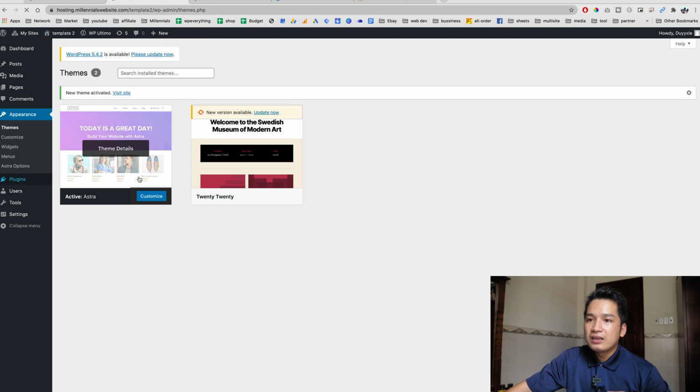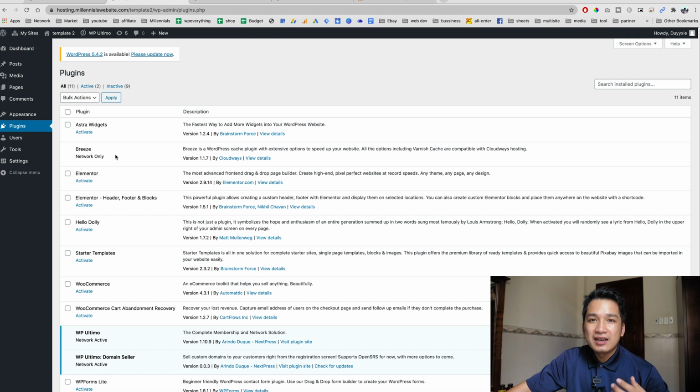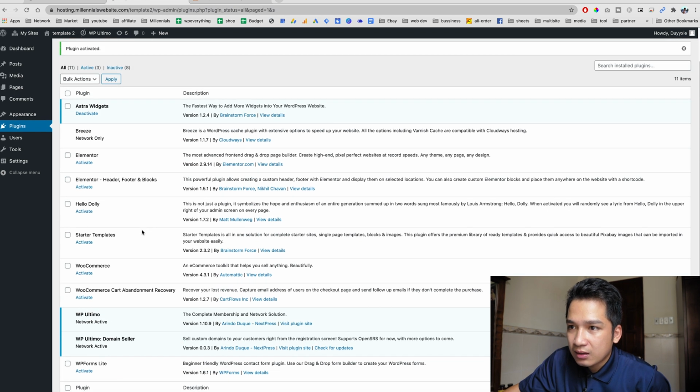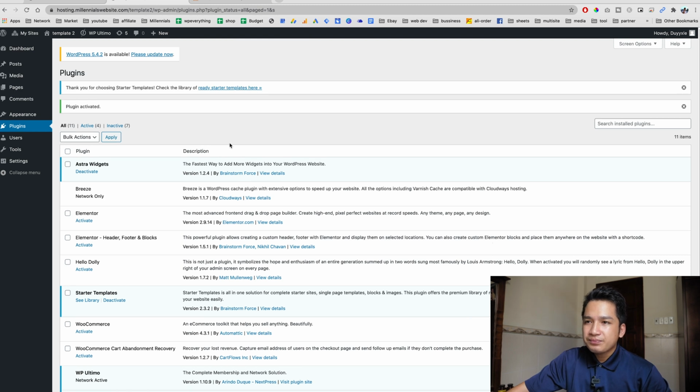And one cool thing is that this theme right here comes with many templates, many pre-built sites that we can use as templates for our network. Okay, so let's check it out. Let's close these, and we are going to activate extra widget, and we are going to activate starter template. There we are. Okay, now when we go to appearance and we scroll down to extra options, we can make changes to our themes,